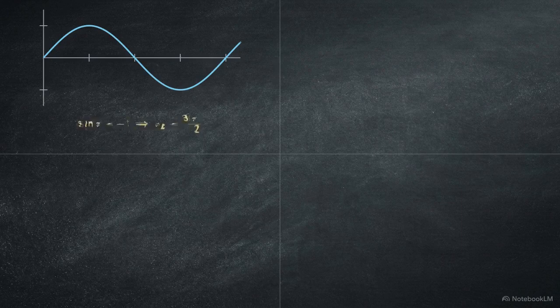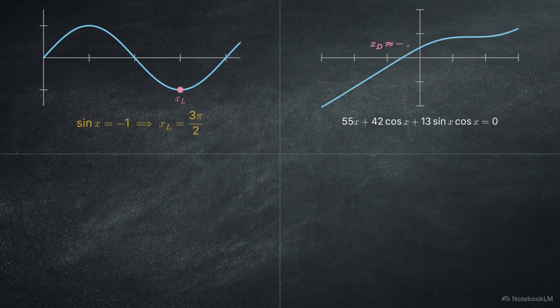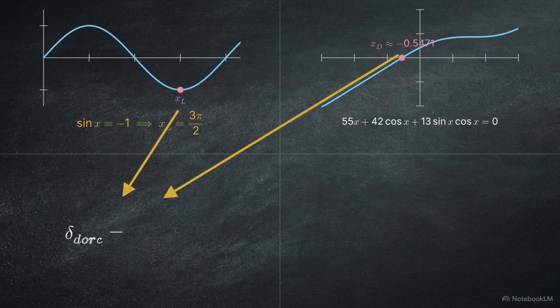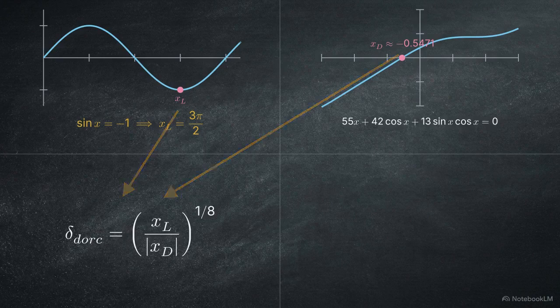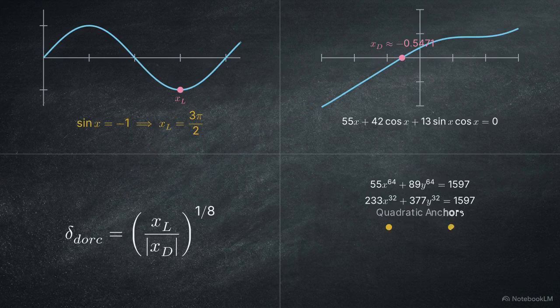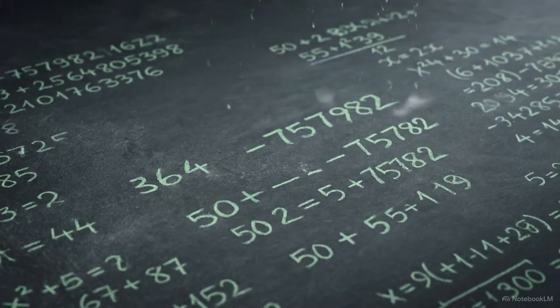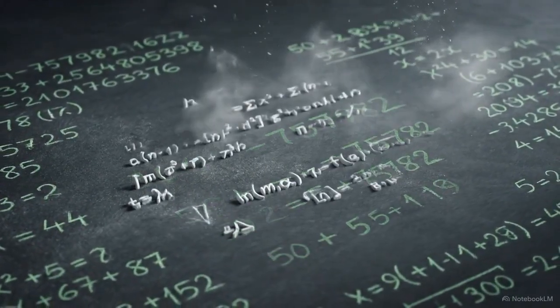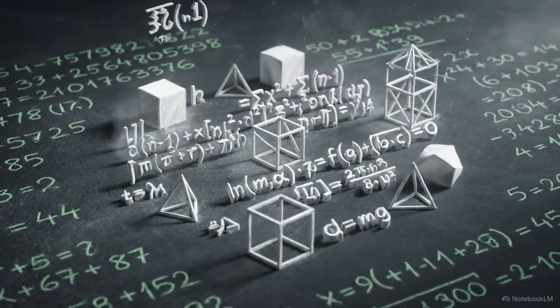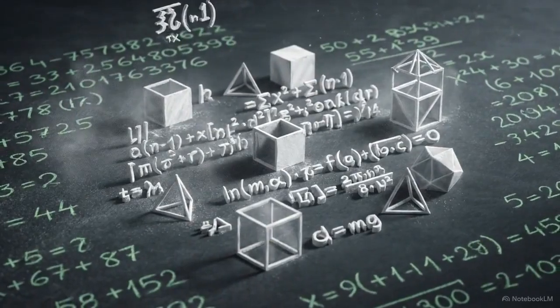The proof targets 4 specific objectives. First, it isolates the exact real solution sets for 2 mathematical objects, known as the light and dark witnesses. From there, the paper defines a unique derived number called the dorc constant. And finally, it classifies every exact solution of a massive 64th-degree polynomial system. To understand these mathematical objects, we must look past approximations on a computer screen and rely strictly on the unyielding